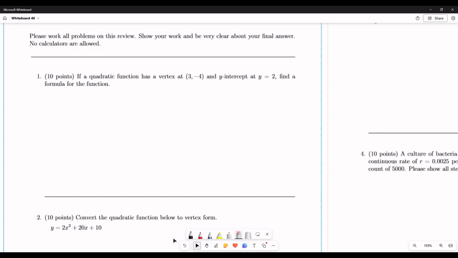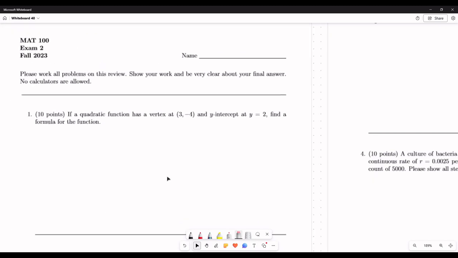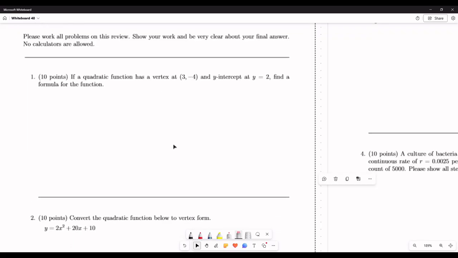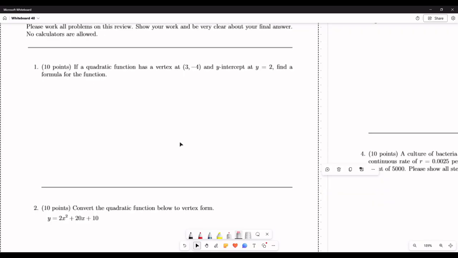All right, we're going to go through another practice quiz with some fun problems about quadratics and exponential growth and all that fun stuff. So we're going to start with some problems about quadratics. If a quadratic function has a vertex at (3, -4), the y-intercept at y equals 2, find a formula for